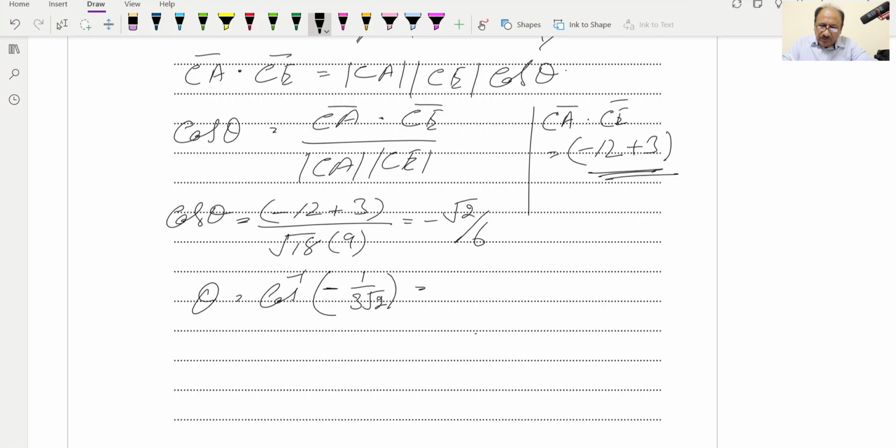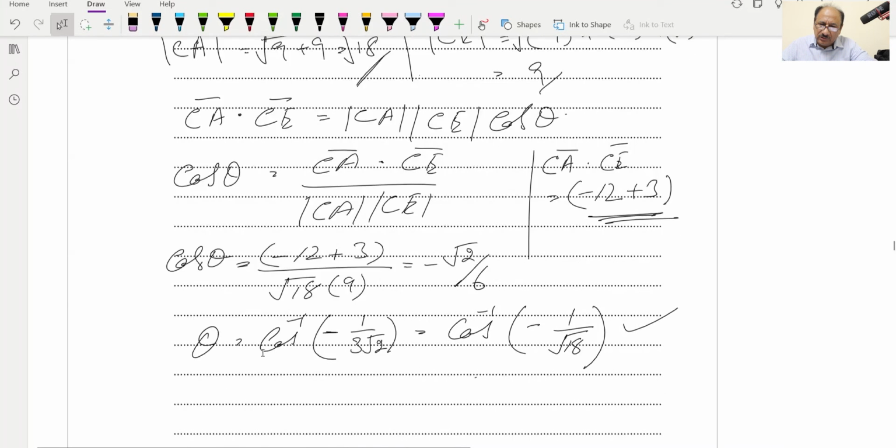Or directly we can write it as cos inverse of minus 1 over 3 root 2. If we take 3 inside the root, 9 times 2 will be 18, so it will be cos inverse of minus 1 over root 18, and this will be our answer,